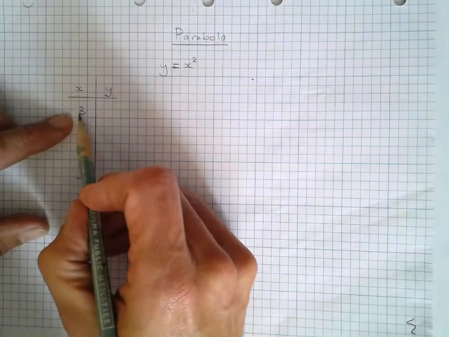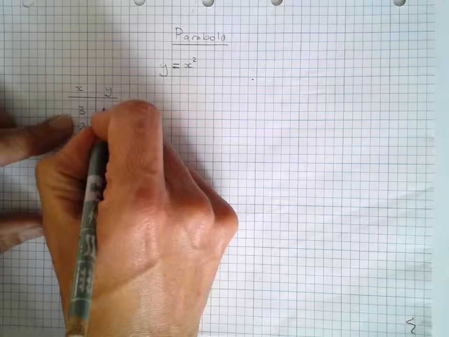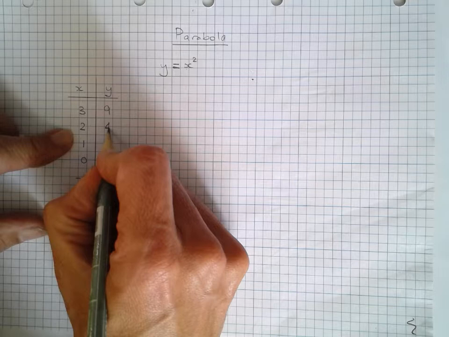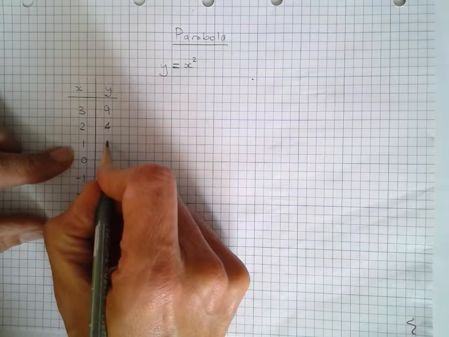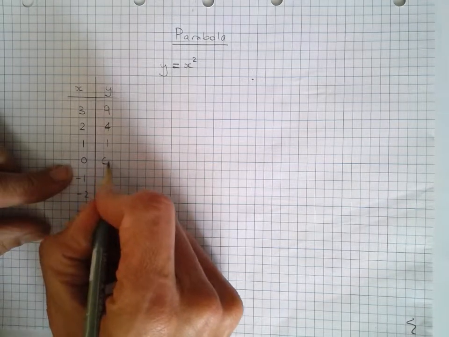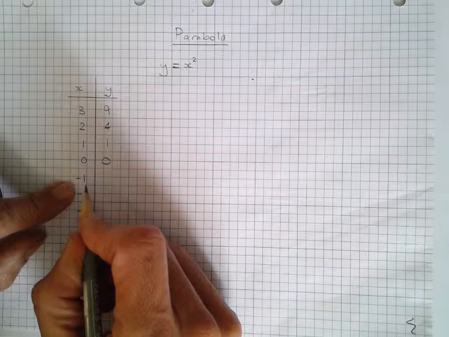So when x is 3, 3 squared, 3 times 3 is 9. When x is 2, 2 squared is 4. When x is 1, 1 squared is 1 times 1 is 1. 0 squared will be 0. Negative 1 squared is negative 1 multiplied by negative 1,